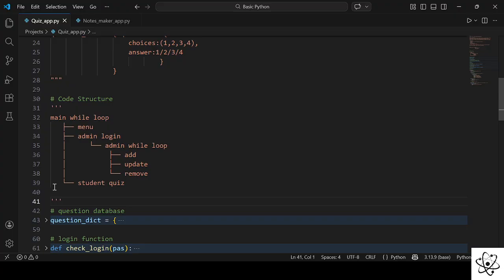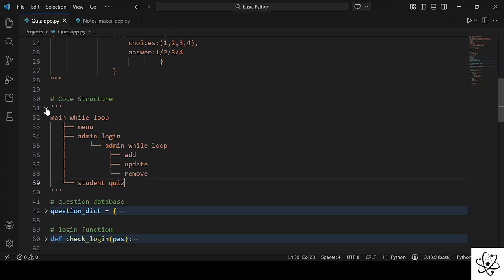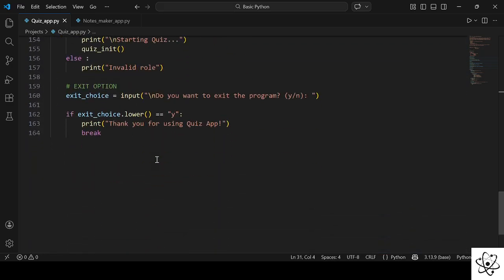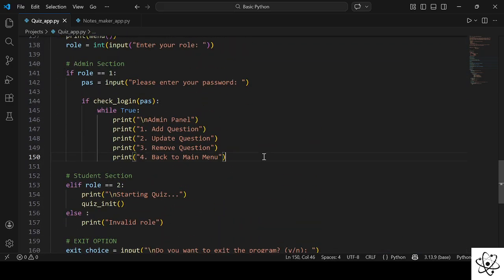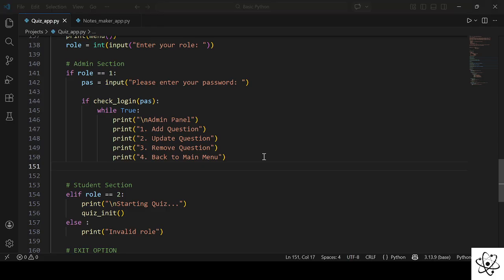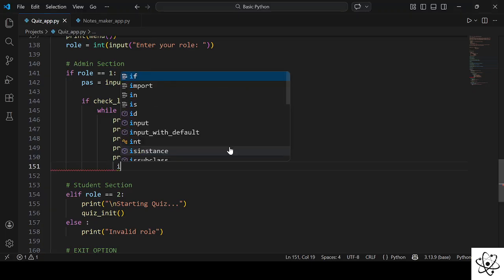So here, as you can see, we have written our main loop. Main loop is going to execute this as this. So for now, let's ignore that. And then we have to write our while loop. In the while loop, we are going to take the input from the user,